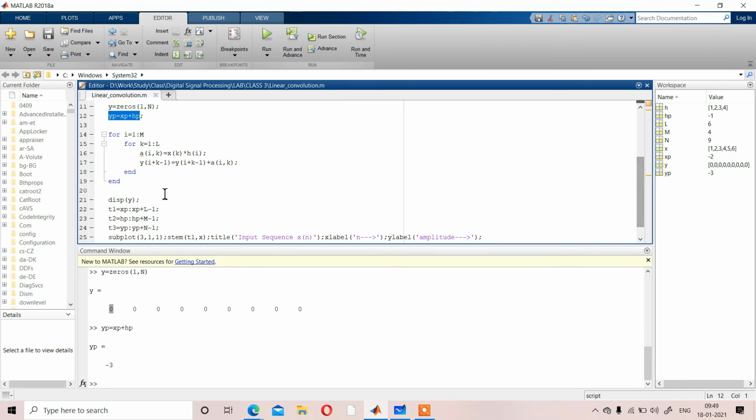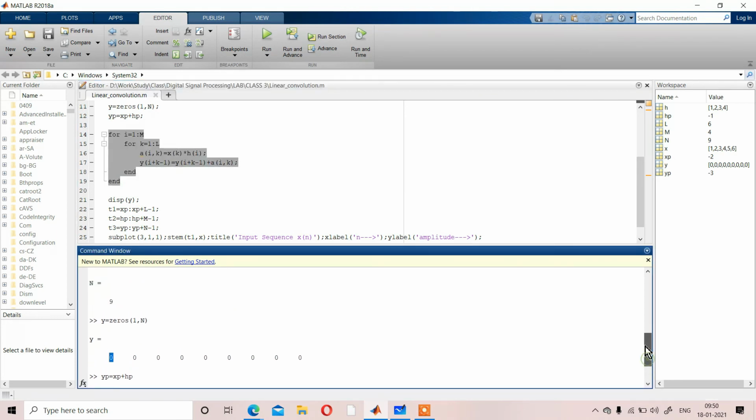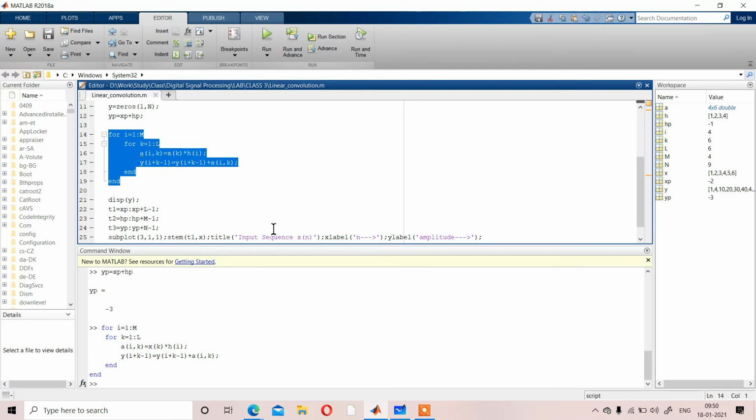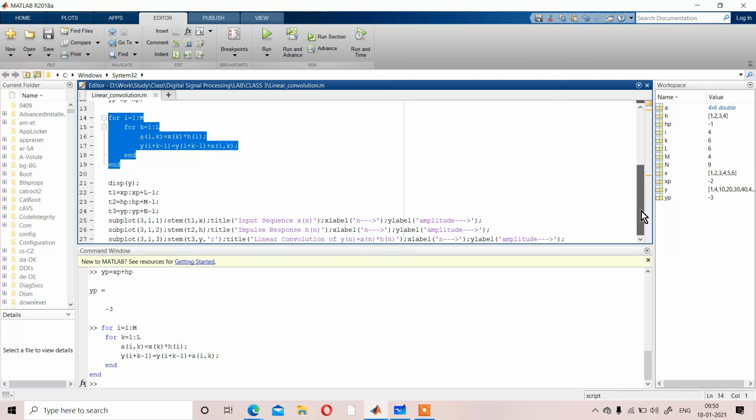After that, the code that I already explained, that total operation will happen for m equal to 4 and l equal to 6. So for m equal to 1, it will consider 6 number of cases, 1 to 6. Similarly for m equal to 2, and total code will run. So just after that, display y. Just to display the y, you don't need to consider it also if we don't want.